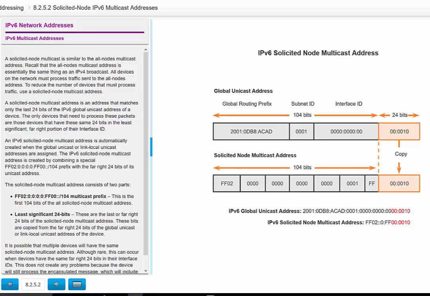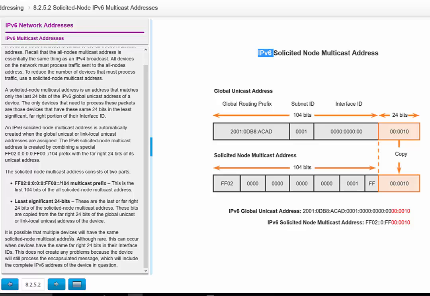So each node will calculate this solicited node multicast address using the process that we will talk about now. The solicited node multicast is actually divided into 2 parts. The first part is fixed, which is FF02 colon 0 colon 0 colon 0 colon 0 colon 1 colon FF00 colon,